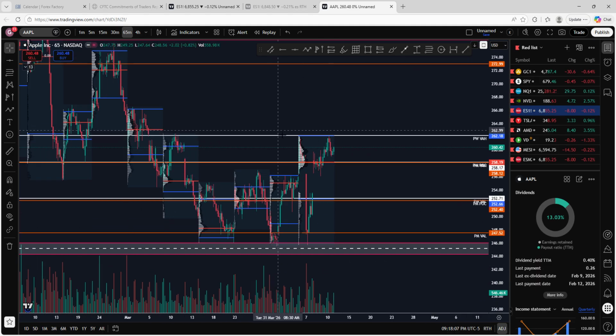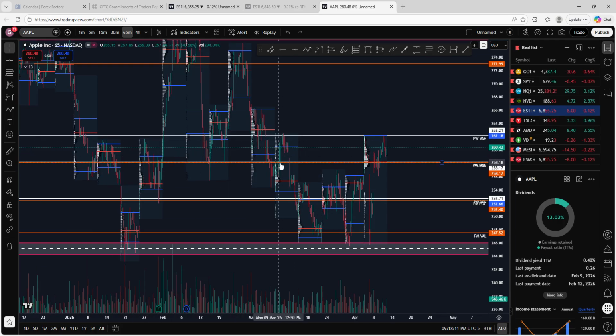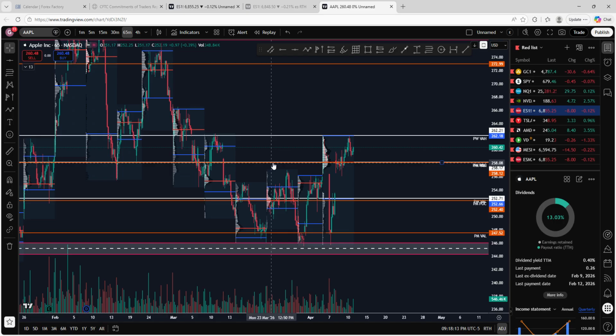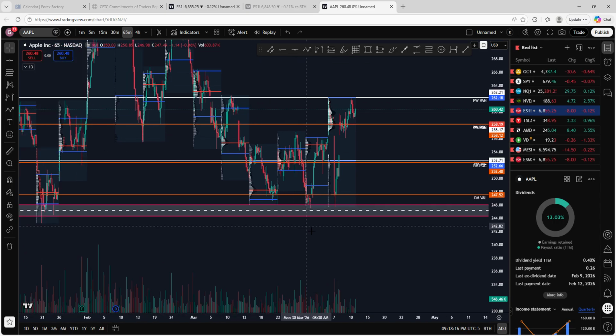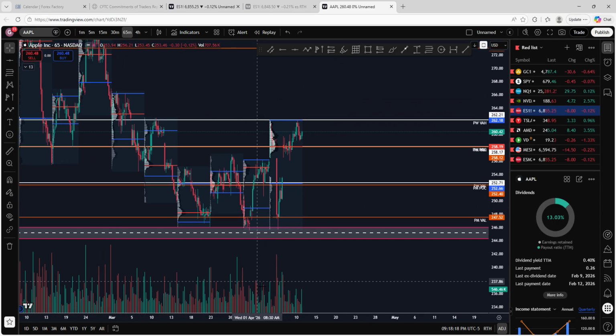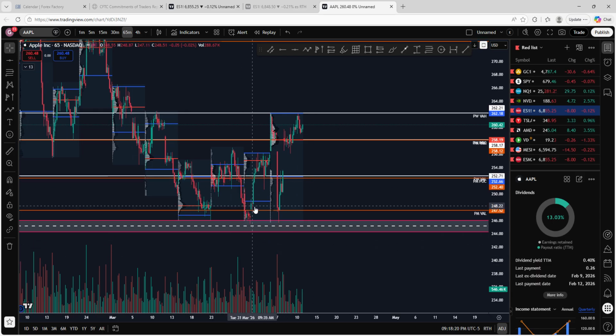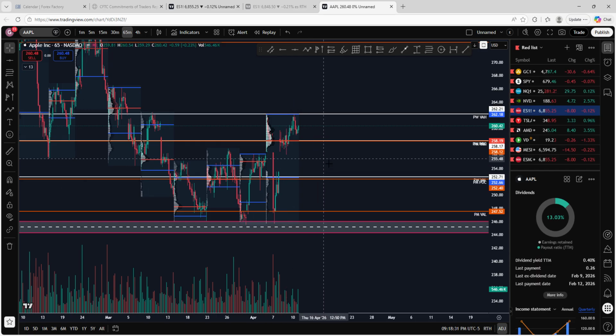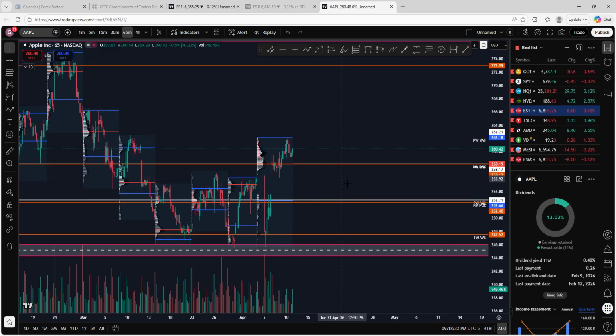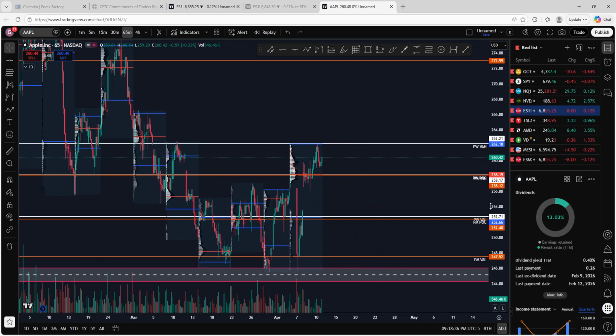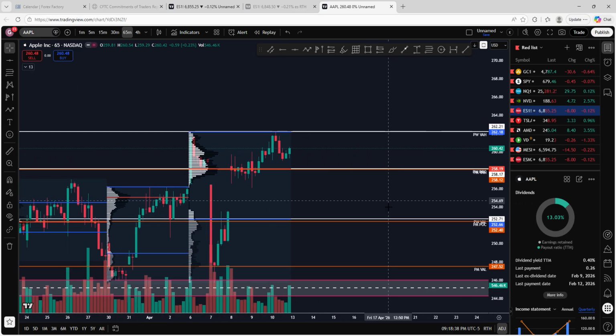You've got a VPOC sitting here that wants to get ultimately retested. However, looking at this profile here, they did accumulate here. They have given you now changes of character to the upside. Starting from here, you found aggressive buying. They came out, took these guys out, came back, gave you a pullback. Now we're going higher. The question is, if you look at this weekly profile here,